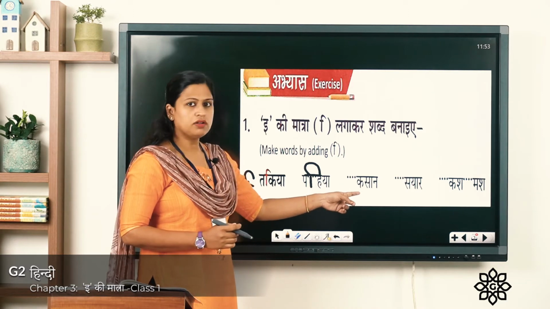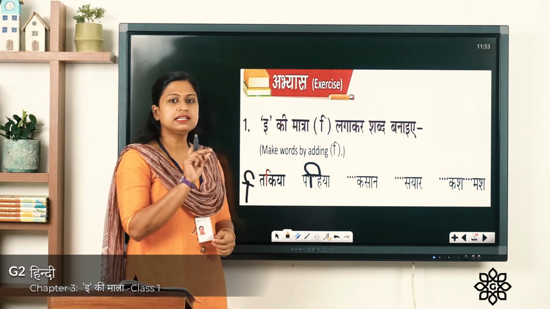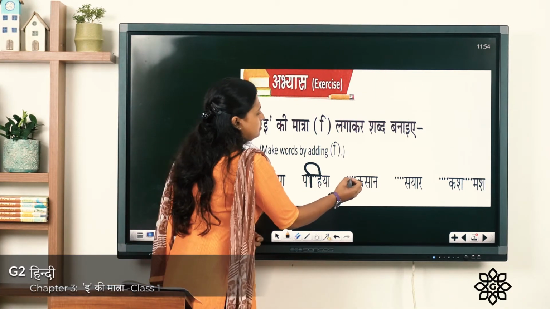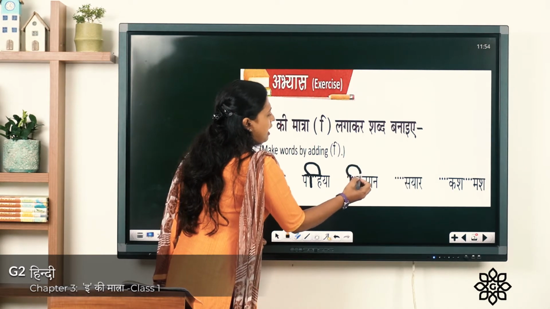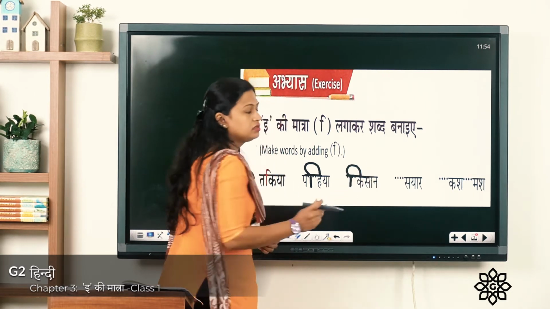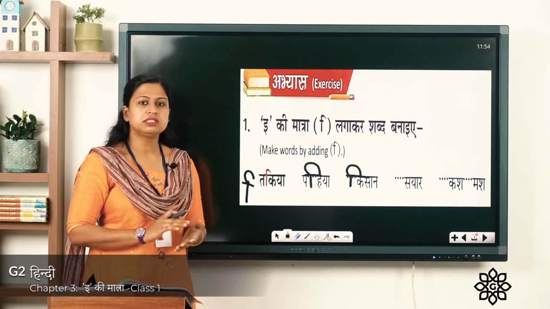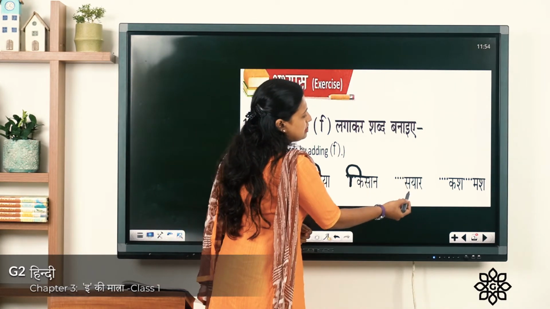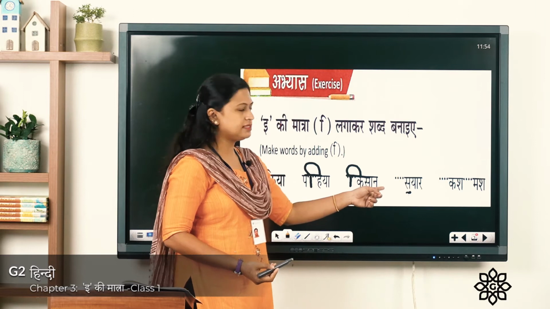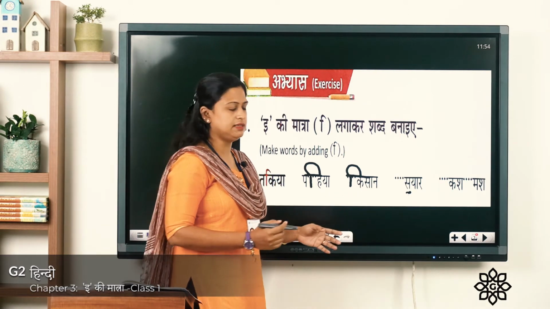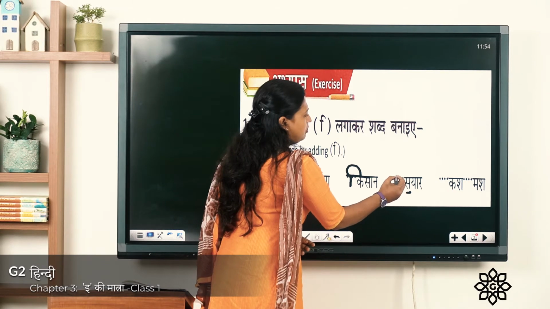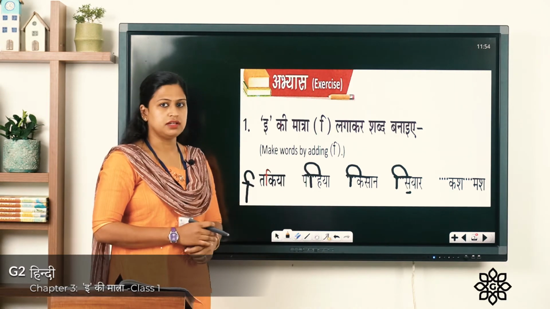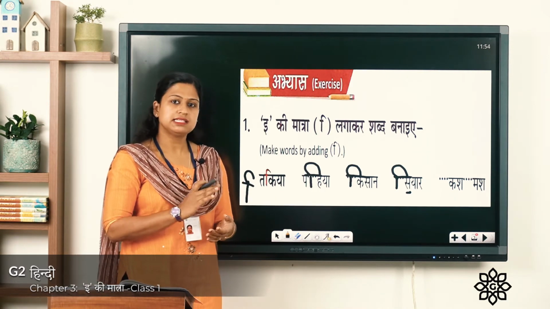Now here ka consonant and before that there is a space. There you have to write this E symbol. When we add E symbol to the consonant ka, it sounds ki, short ki. Next one is sa Vyanjan letter and a space before that. So you have to add the E symbol. Always remember that this E symbol we write to the left of the consonant. Now it sounds si, sir.